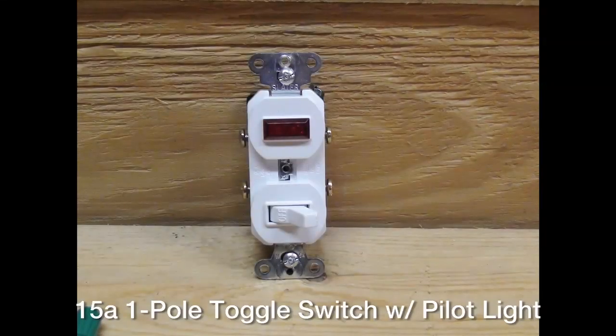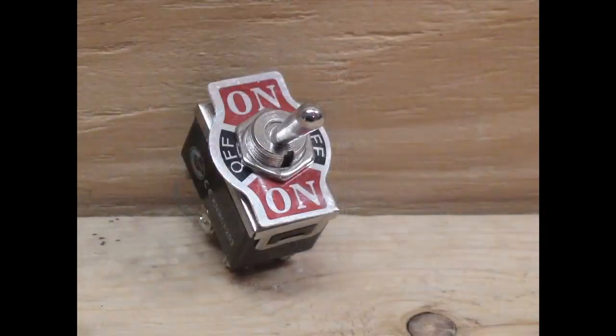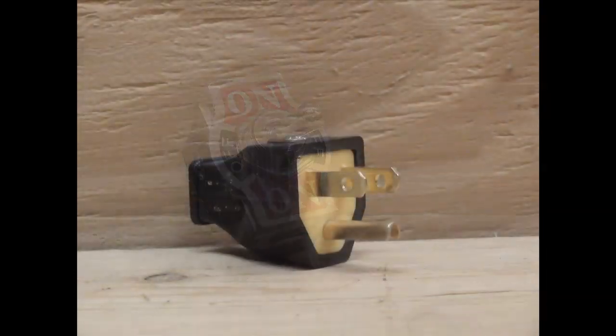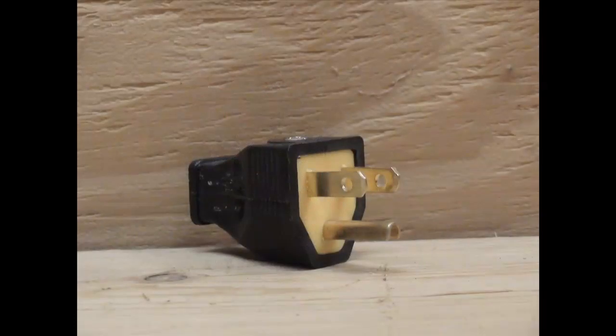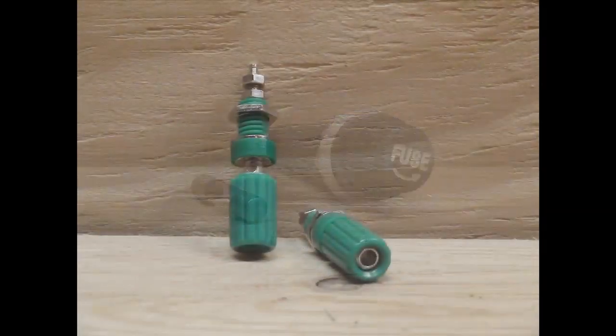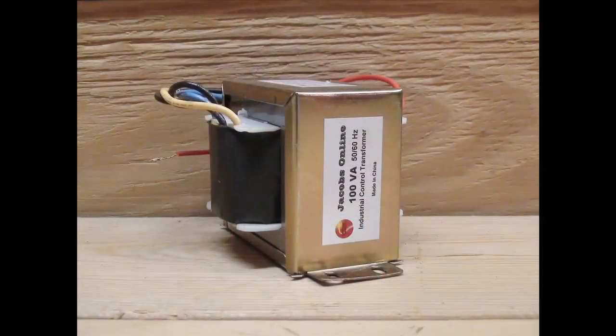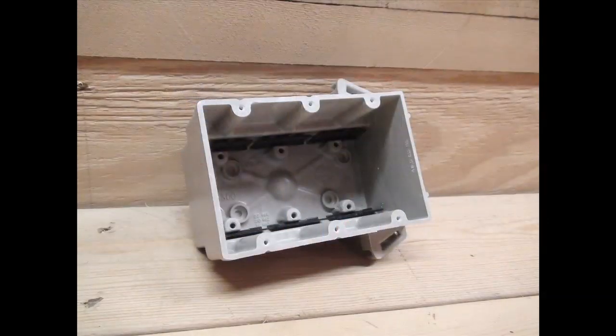And now a quick parts list. You will require a 15 amp 1-pole toggle switch with pilot light, a Lutron dimmer switch model number D-600R, a double pole, double throw, on-off-on toggle switch. You'll need a male extension cord end, a fuse holder with 1 amp fuse, panel mount binding posts, an XFR1006D step-down transformer, a triple gang box,